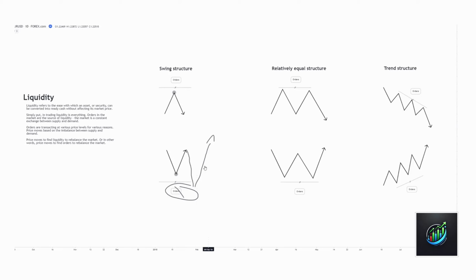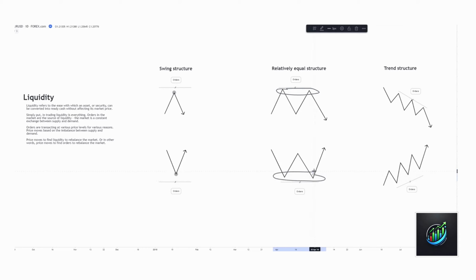So now that we've talked about the swing structure, the highs and the lows, we can look at relatively equal structure, because this is just an add-on to the swing structure. Now what we have is a double top and a double bottom. If you've traded any sort of previous strategies, a lot of the basic things you learned were buying at double bottoms and selling at double tops. And when you did that, where did your stop losses go? Well, if you were selling at a double top, you'd put your stop loss above the highs.